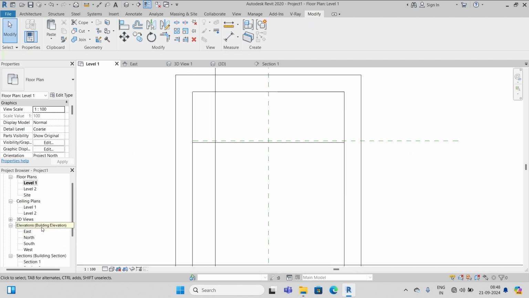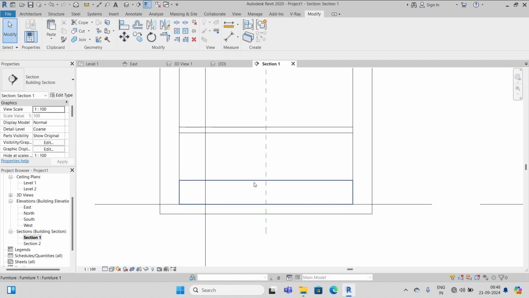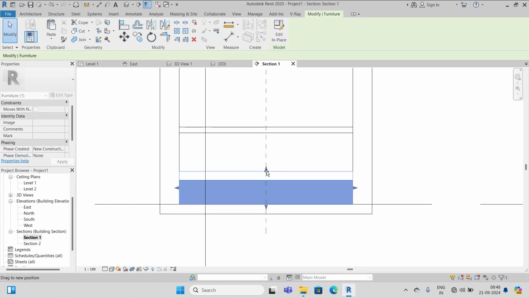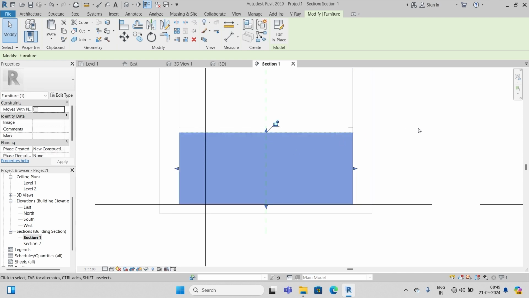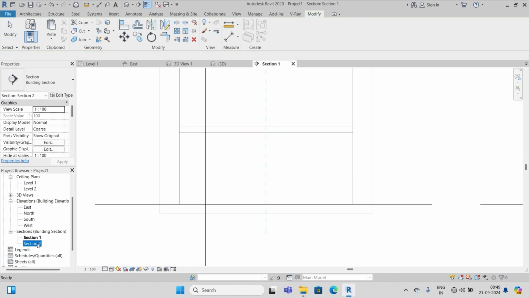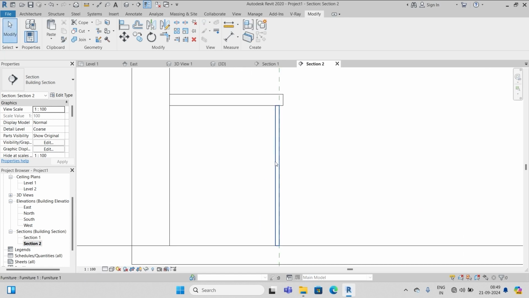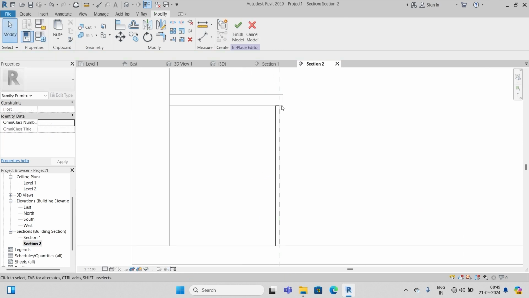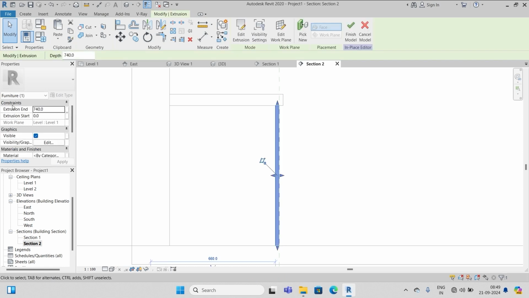And then I go to section 1, and we see here this is our wardrobe, and using this grip we can drag it to just below the slab. This is it. And now we go to section 2, and you see here this is our wardrobe, and if we select it and go to edit in place, and again we select it and then go to this extrusion, and we can see 740 because the distance between this plane and this plane is 740. Okay,